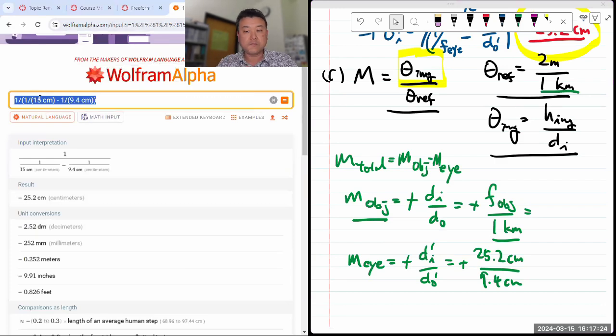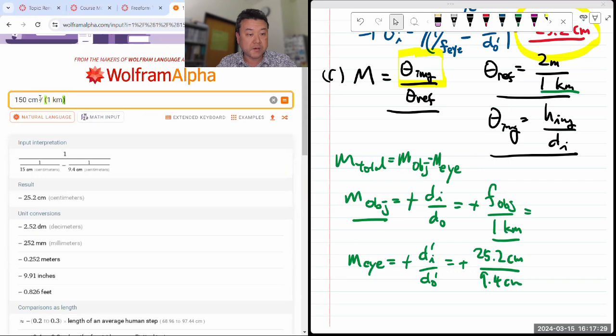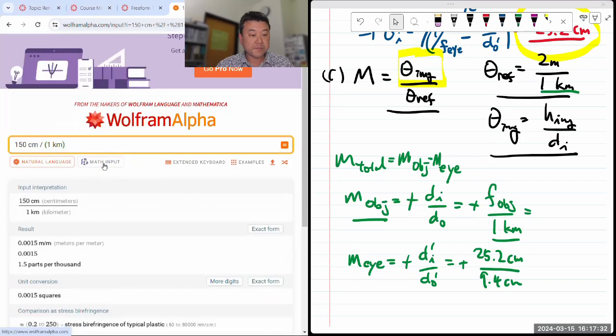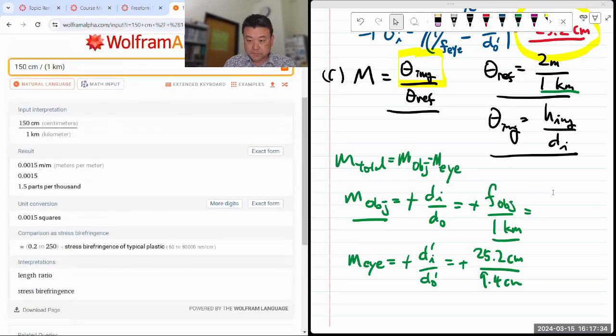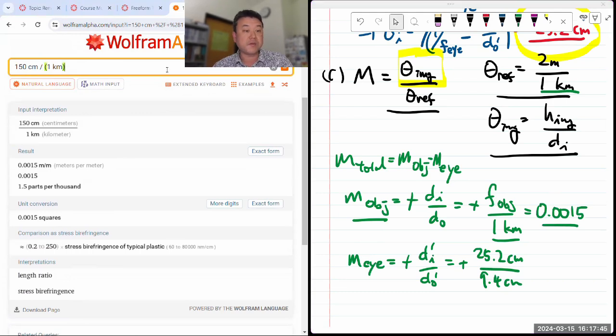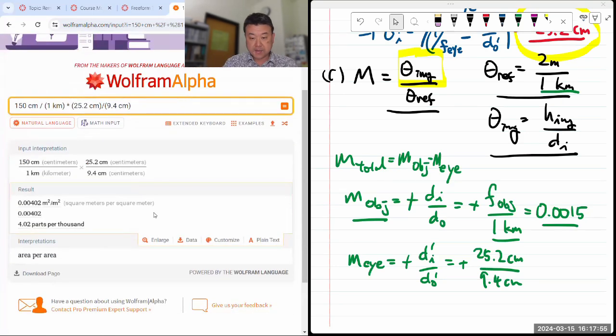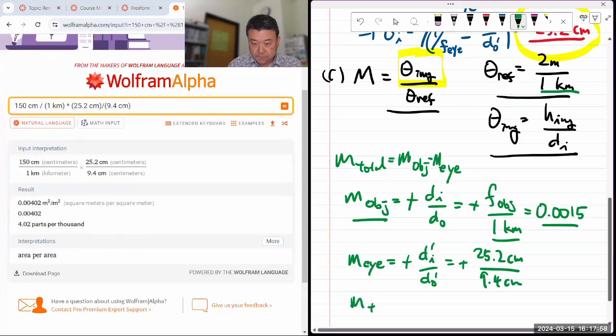That's going to be objective 150 centimeters divided by 1 kilometer. That'll give me some number, 0.0015, and let me do that times this ratio. That will give me total magnification: times 25.2 centimeters divided by 9.4 centimeters. So with that, total being equal to